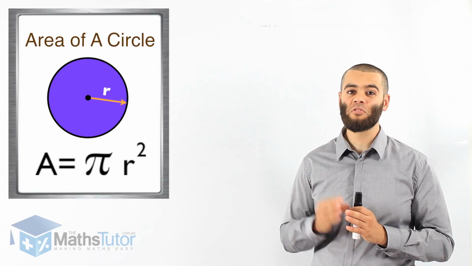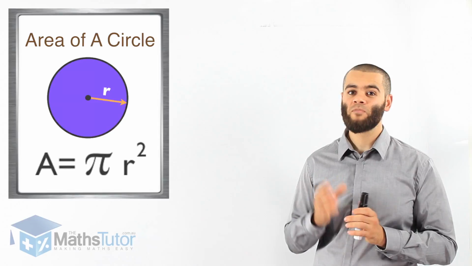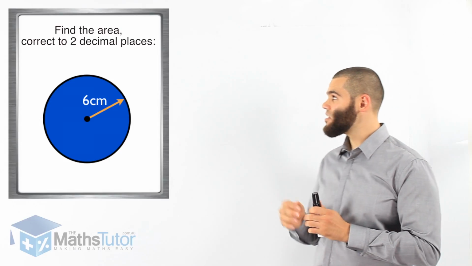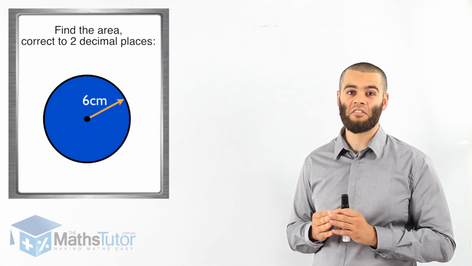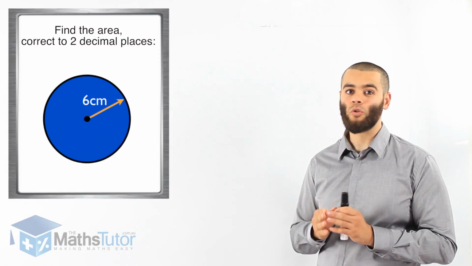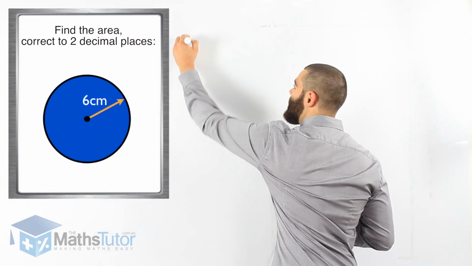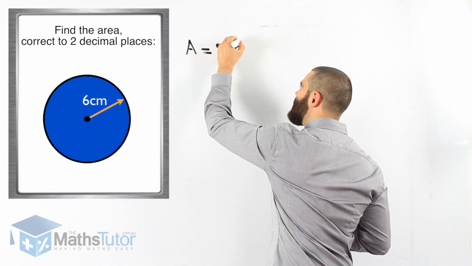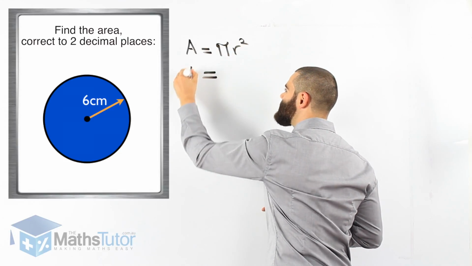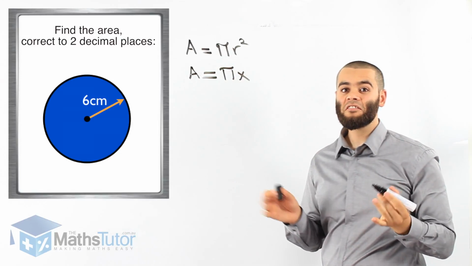Let us see some examples to understand how to work out the area of a circle. In the first example, we can see that the circle has a radius of 6 centimeters. That's all we're looking for, the radius. Now we can put it in our formula. A equals pi r squared. A is the area, pi times the radius, which is 6,